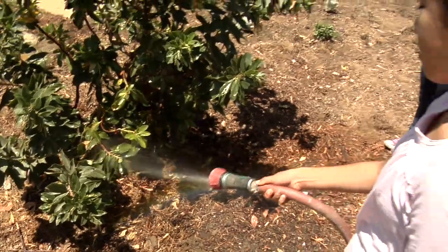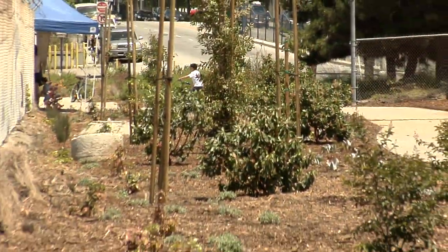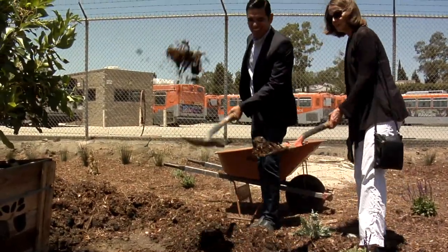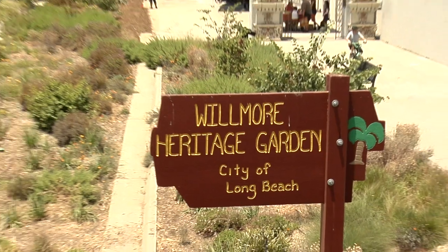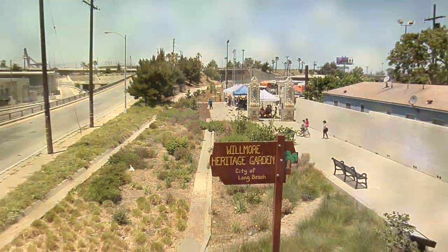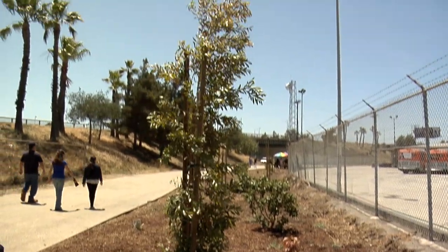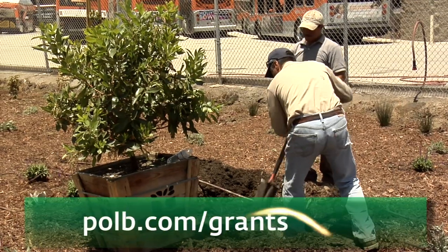It's great collaboration all the way around, from the volunteers to the port dollars to the leadership at the port, the leadership in the city that have made this happen. It's really wonderful. This garden is among 28 projects awarded more than $5 million by the port in the last year to improve our air quality. For more information, visit